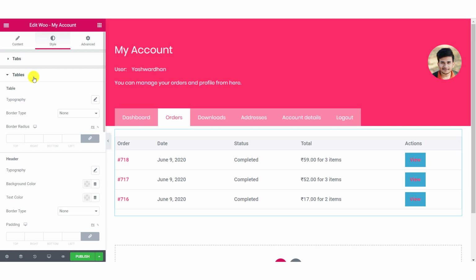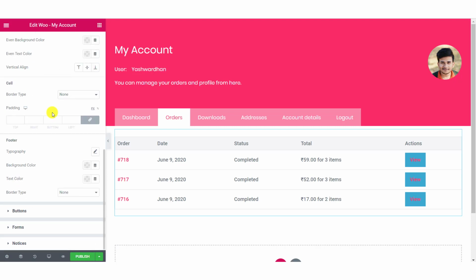For table, you can change typography, border, text color, padding, etc. For tables, header, rows, cell, and the footer separately.